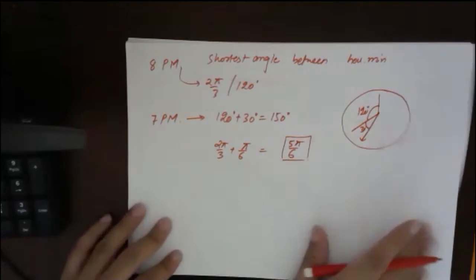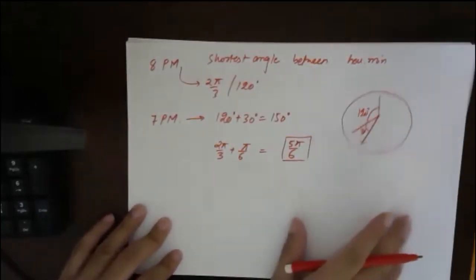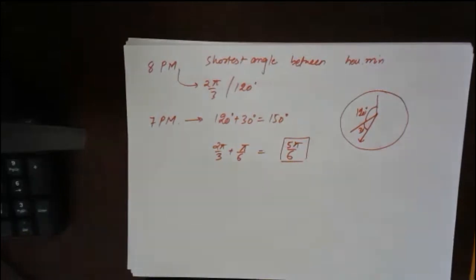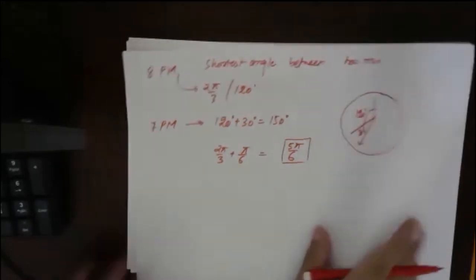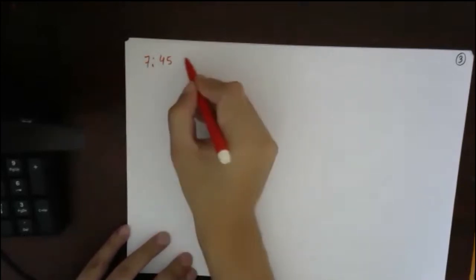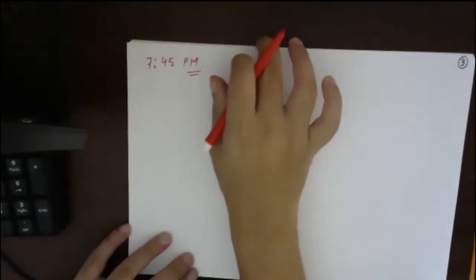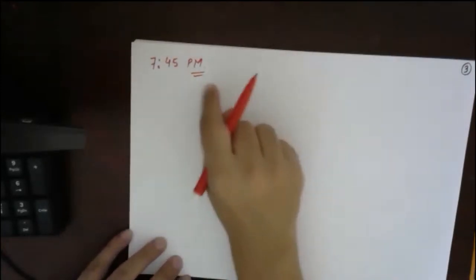Fine. Now a fresh question, and think about the question and then tell me the answer. Just think about the question for some time. Don't give the answer without thinking, please. Please note down: the shortest angle between the minute hand and hour hand when the time is 7:45 p.m. Even if you tell the shortest angle or the largest angle, it does not matter. Tell me the angle at 7:45.